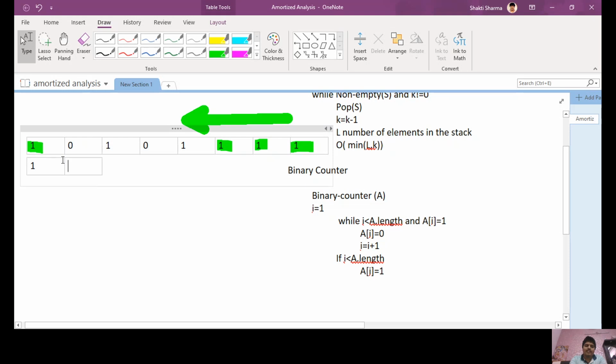So this will remain 1, this will be 0 1, and this 0 will become 1, and the rest of the values will be 0. Okay, so this is the increment of the previous value by 1. If you wish, you can calculate the value by converting into